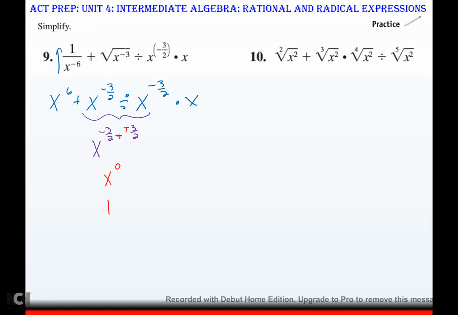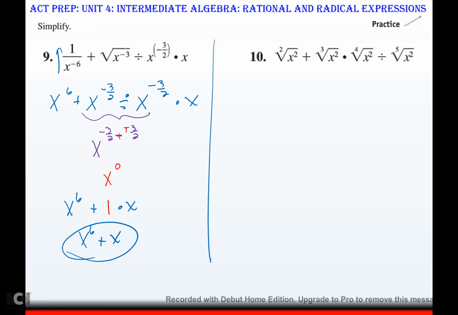Okay, so then I bring everything else down, I have x to the 6th plus 1 times x, so that is x to the 6th plus x. And you can't add a 6th degree to a first degree, so we're done. Okay, so on 10, if I get out of the radical, that's going to be x to the 2 over 2 plus